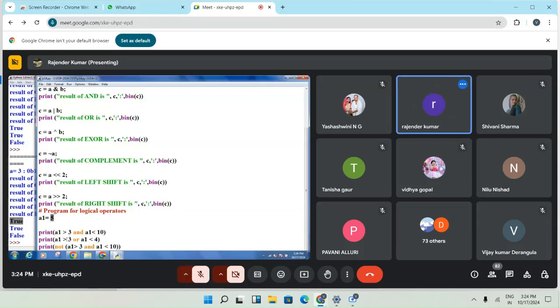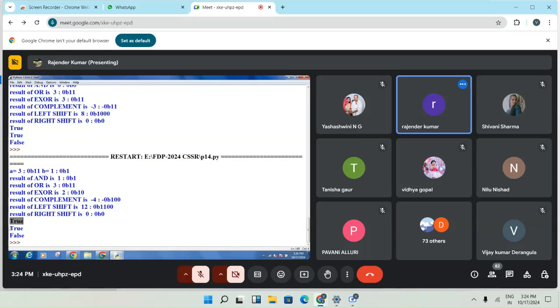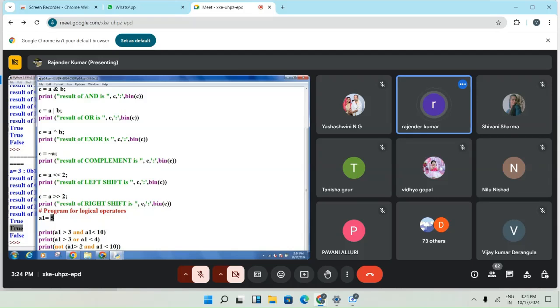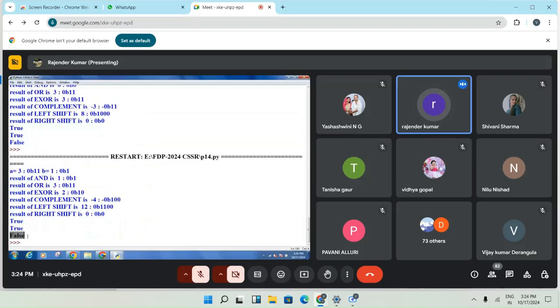Similarly, here A1 greater than 3 or A1 less than, and the result must be true because the condition is satisfied. And in the next condition, A1 greater than 3 and A1 greater than 10. Yes, right? Greater than 10, no. It is not greater than 10. So the result is false. So this is the utility of logical operators. Similarly, we have